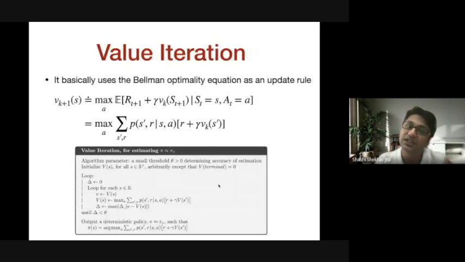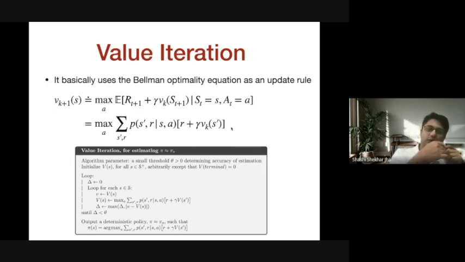Another method to achieve the same is called value iteration. That was policy iteration, more focused on policies. Value iteration only focuses on the value function. In the process, it never actually computes the policies. In value iteration, it uses the other equation, the Bellman optimality equation, to do value updates. You can see it is max over A, and the rest remains the same.